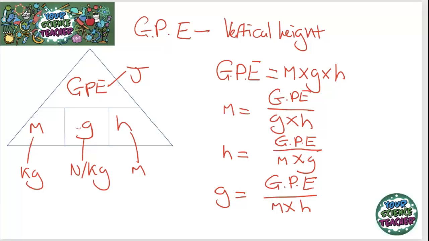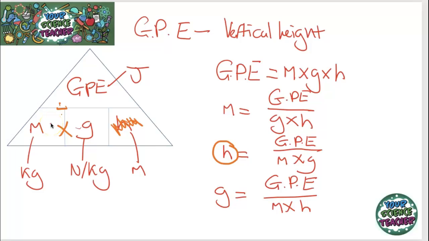And this is one of them key equations again. And I'll just show you one last time how to use these rearrangement triangles. For example, look at H. If we wanted to calculate the gain in height of our material, you cover up height, and that equals gravitational potential energy divided by mass times gravity. And if I go over here, that is my equation that I got for this. Now, we don't have time for me to go through in detail every equation, so some of the equations I might just give to you just like this.